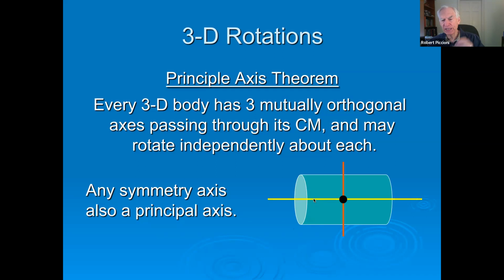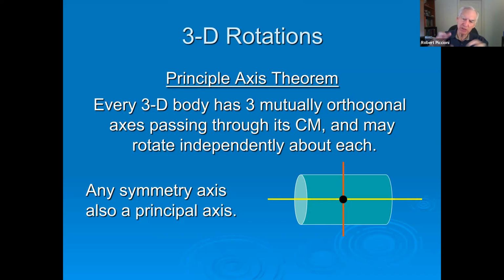But if you stick to the three principal axes, then the rotation will be as simple as possible. The object will just turn, and there won't be any stress on the axle, and there won't be any confusing forces that will arise. So no matter how crazy this object looks, there will always be three axes that are perpendicular to each other that you can rotate the object about without encountering any excess forces. So we always look for those principal axes, and then we define rotations in terms of